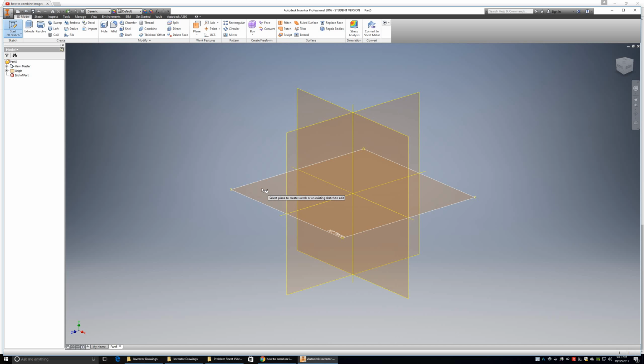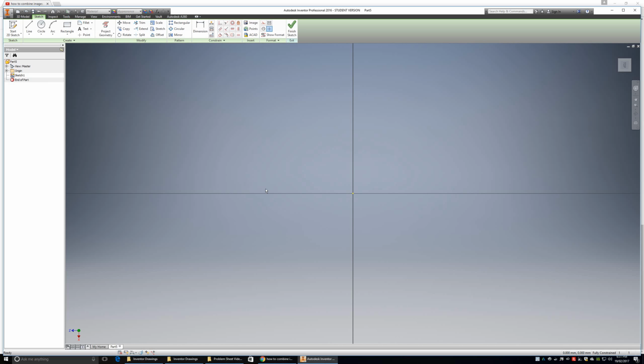We're going to again select our plane, and we're going to select the XZ plane still. It doesn't matter what plane you pick actually for this situation. And in the past we would have gone and got the rectangle tool. This time I'm going to go and grab the line tool. So the line tool is on the top left hand corner, click on it,